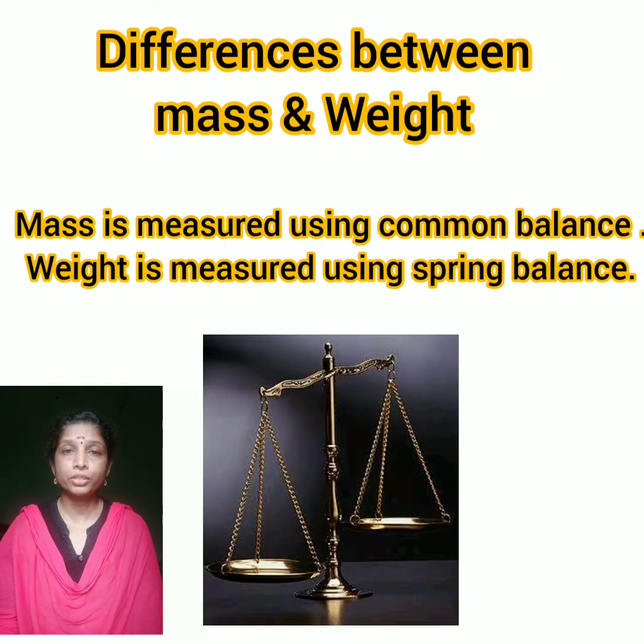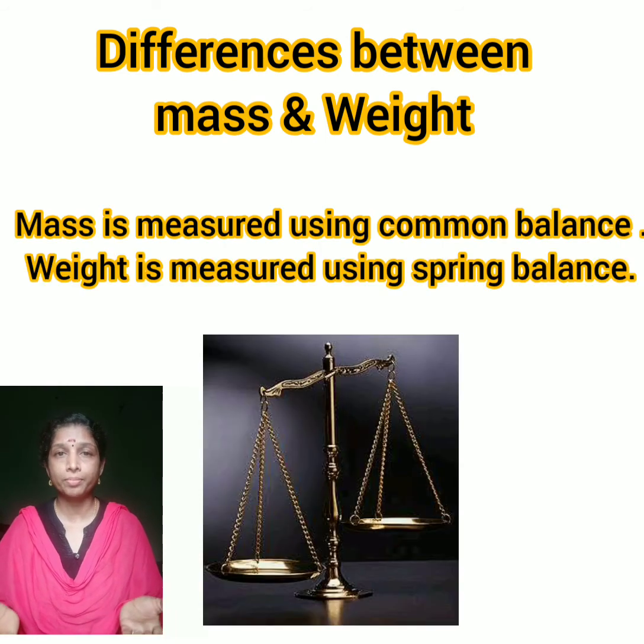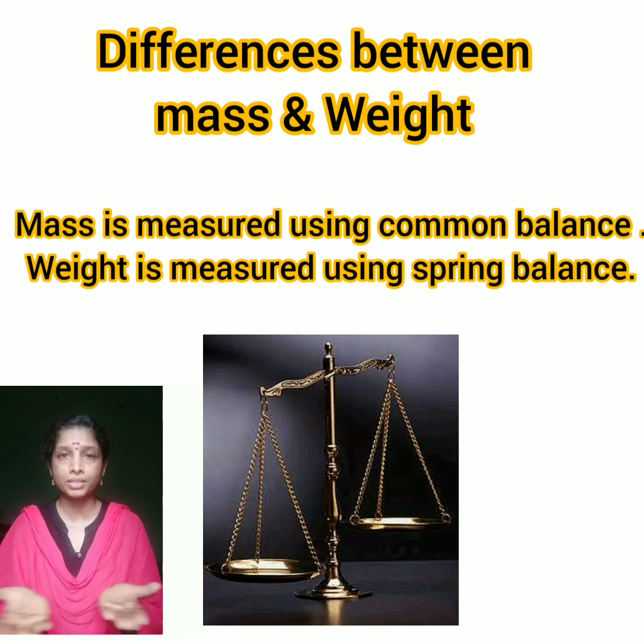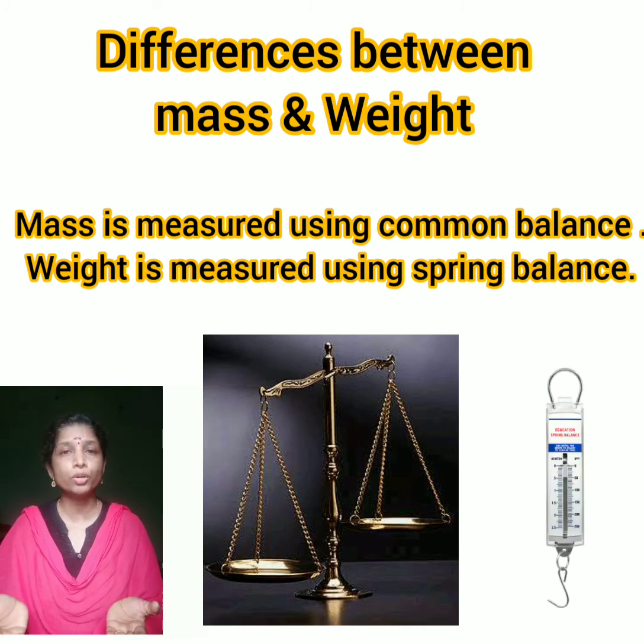Mass we always measure using a common balance. Both sides will be balanced because the gravitational force acting on both sides will be in opposite directions, isn't it? So they are equal and opposite when it is balanced, so they get cancelled. When we are using a common balance, we are comparing the mass of the 1 kilogram weight and the mass of sugar, potato or whatever is placed on the other side. If they are balanced, that means the gravitational force on both sides also gets balanced. So mass is measured using a common balance.